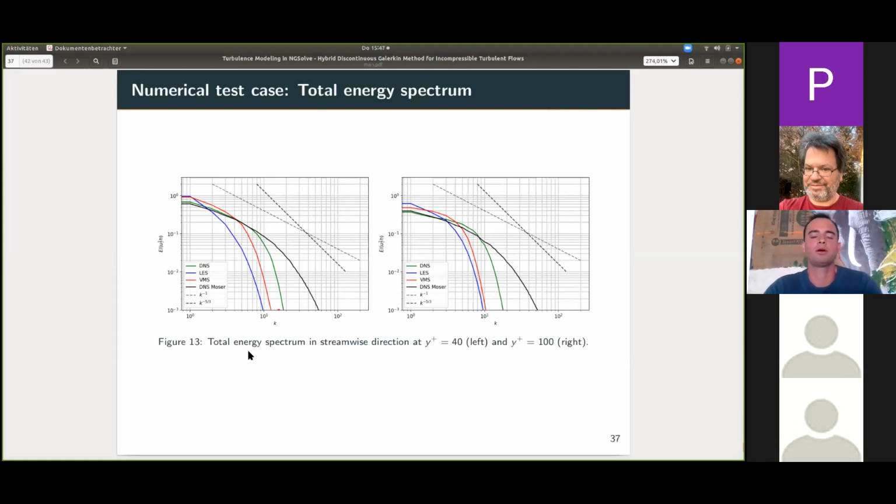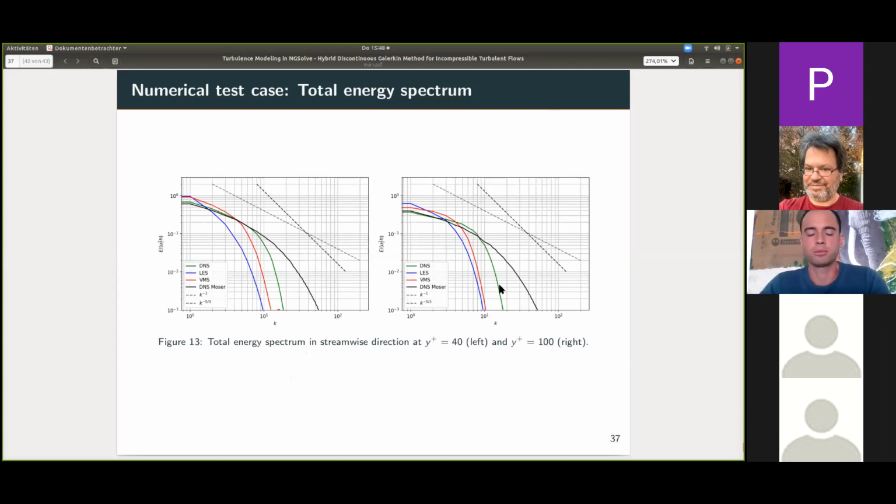And in the end, we also can have a look at the total energy spectrum, which is quite interesting. Here we plotted our total energy spectrum in streamwise direction, so at different planes in x1 and x3 direction. The left one is at y plus 40, and the right one is at y plus 100. So the left one is in the buffer layer region, and the right one is in the logarithmic region. And here we can quite clearly see that the coarse DNS, which has the highest number of degrees of freedom,